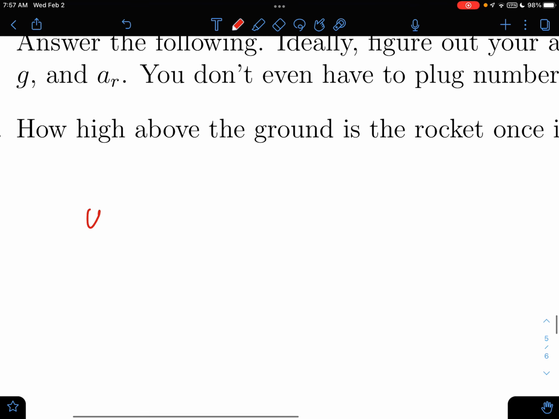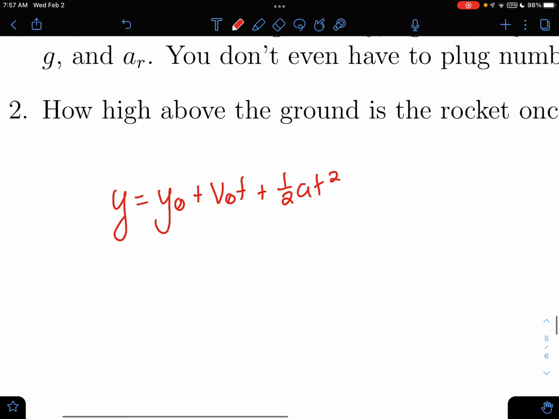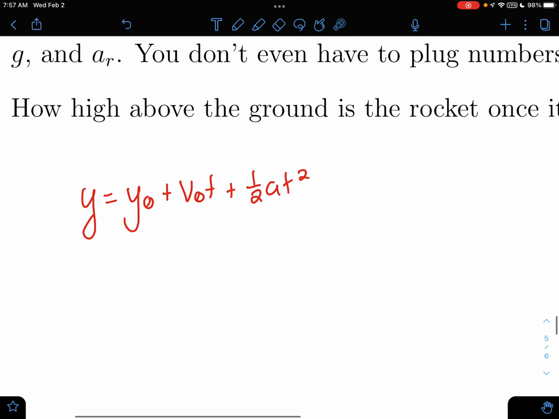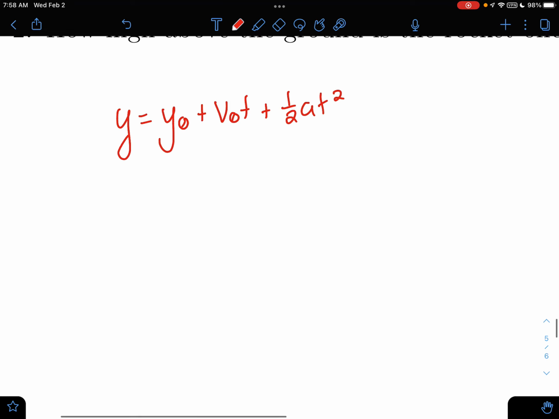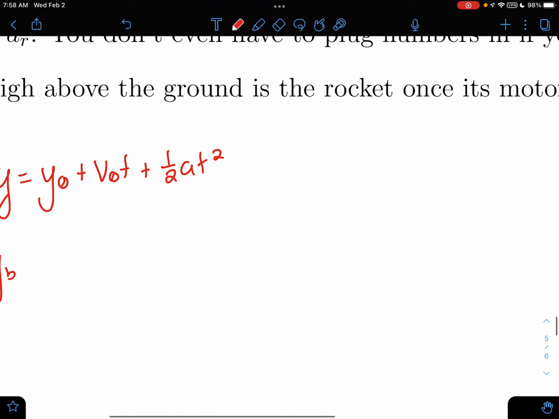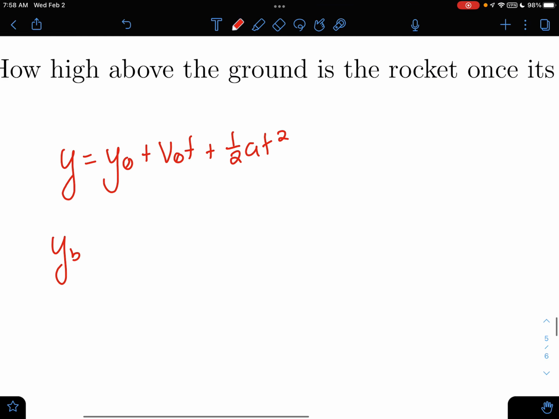So we're solving for y, which equals y naught plus v naught t plus 1/2 a t squared. I'm going to solve this out with all variables and then also with no variables, just so you can see both. So we know we're solving for our y_B. That's going to be whatever our final position is at the end of this